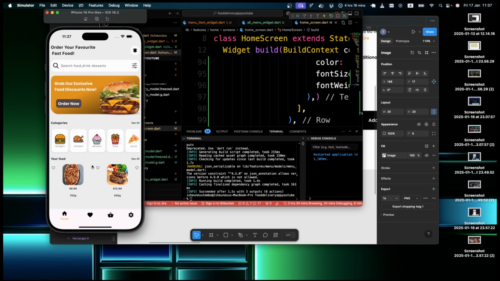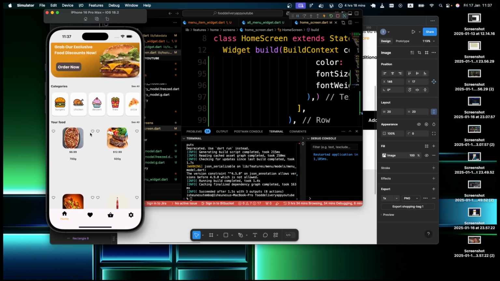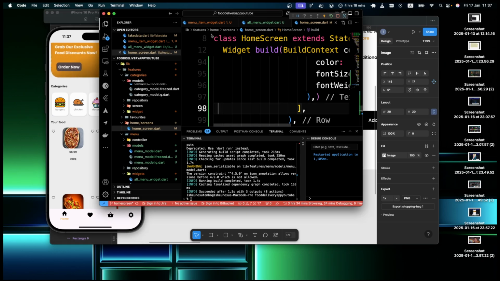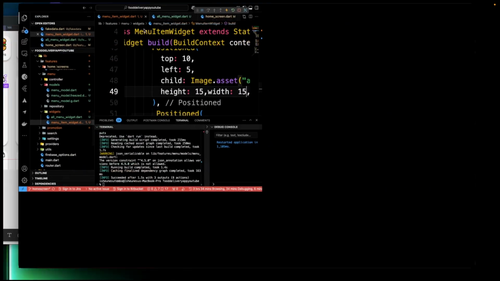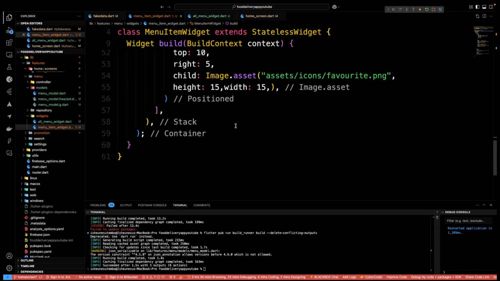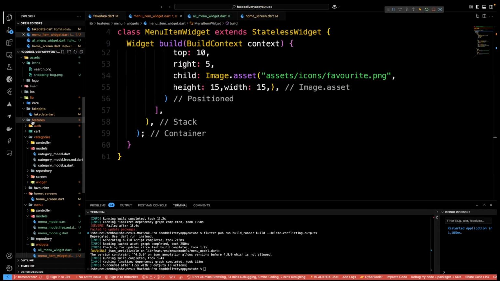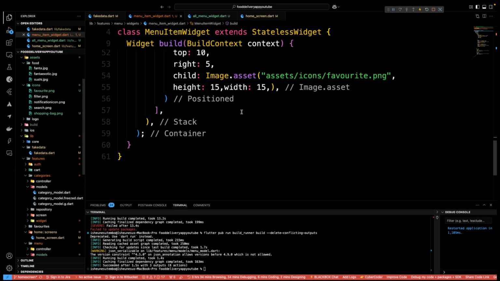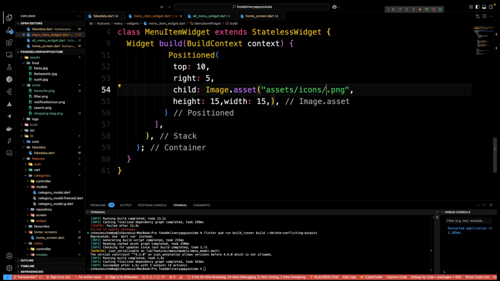So as you can see, this is our emulator running, but I think we made a mistake. Let's go back to our menu item widget. Then we need to change this icon to shopping basket. We need to change this to shopping bag, and also